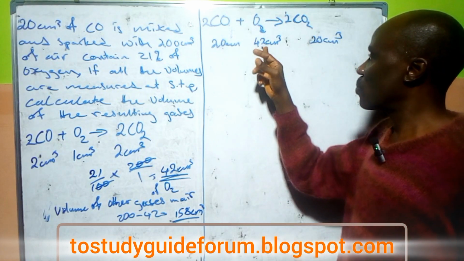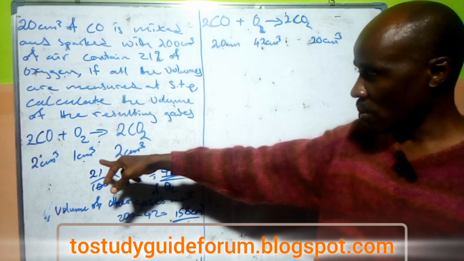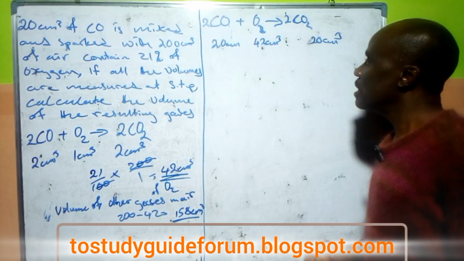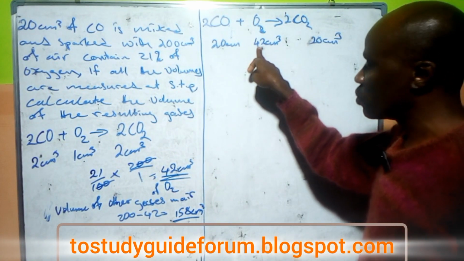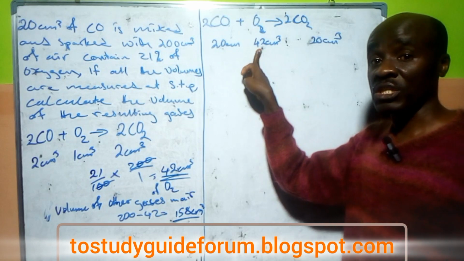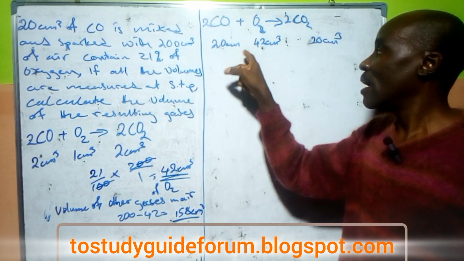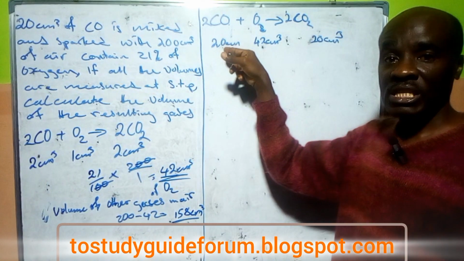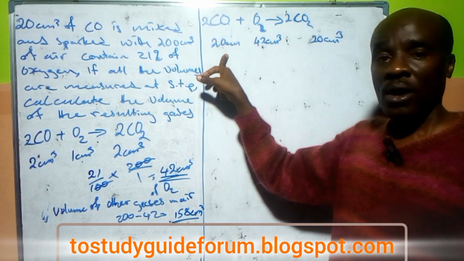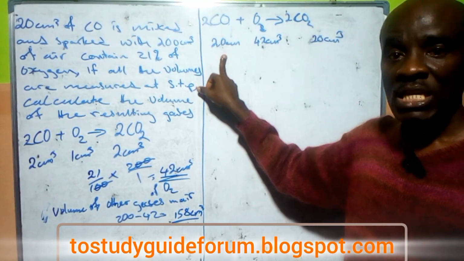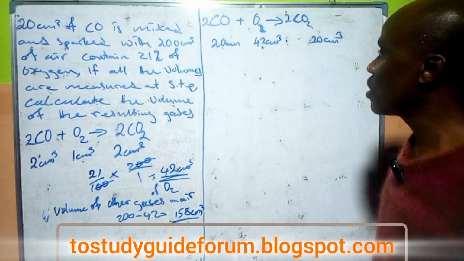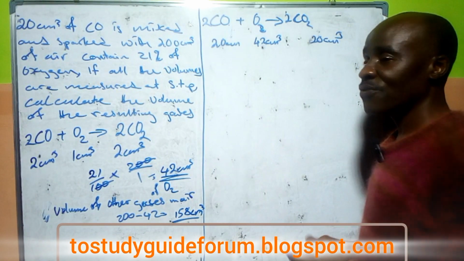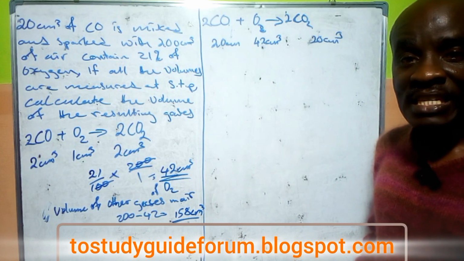And from the ratio, if 42 cm³ of oxygen reacts with excess carbon(II) oxide, it will give us